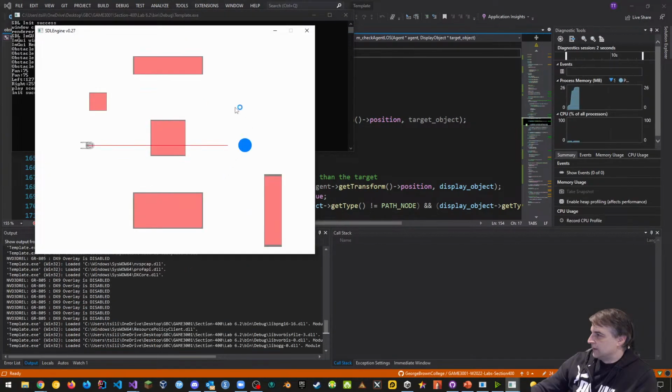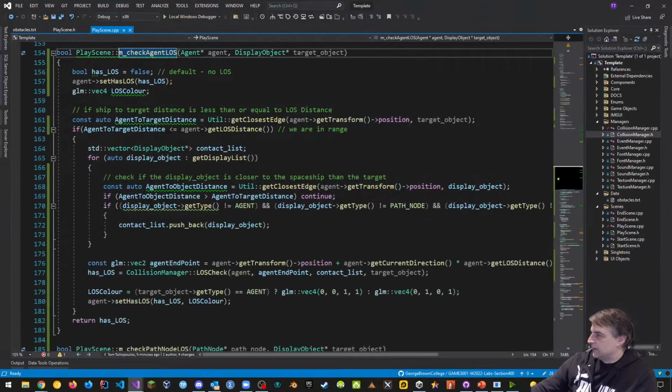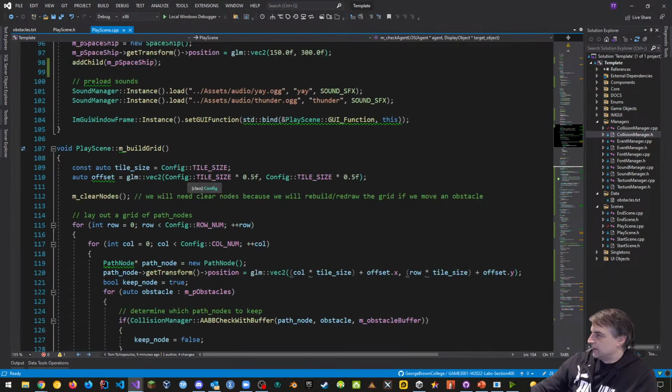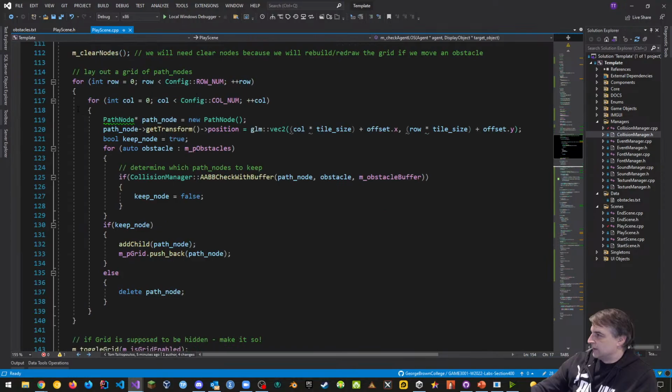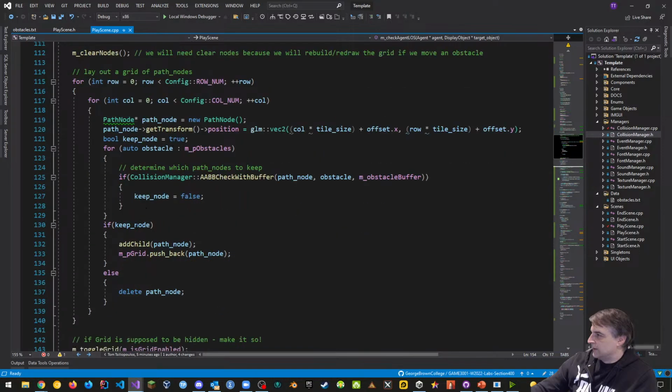Yeah, and the reason why is because if you do that, and if you move the obstacles around, then notice how they go on top like this. They go on top of it because the whole grid gets redrawn, right? But what you can do is when you build grid, if you want to find this thing, when you loop through and re-add the grid back. So first of all, we clear nodes. And then when we do on add child right here, add child has some options. Add child has a layer index.